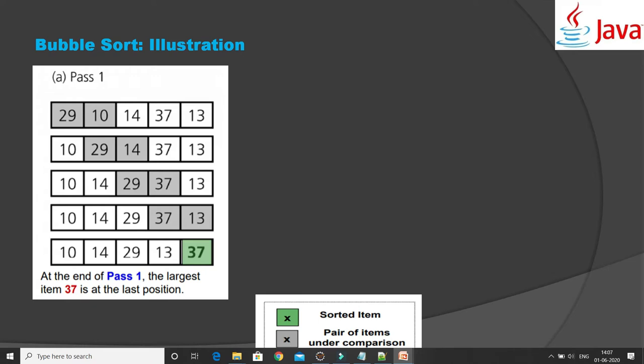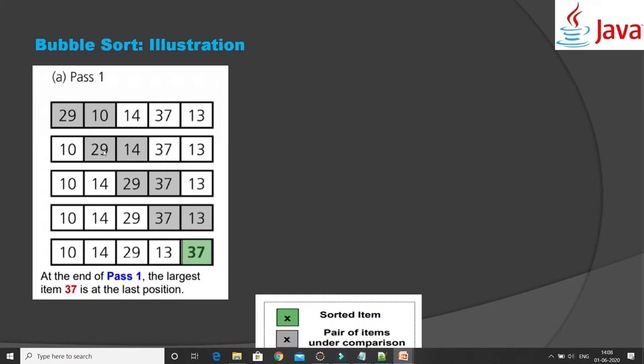Once you swap, 10 will come on the 0th index and 29 will come on the next index, the first index, and in the next step it will arrange the elements something like 10, 20, and then the rest of the elements would be the same. Now the first two elements have been compared.